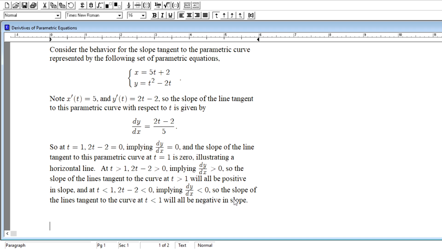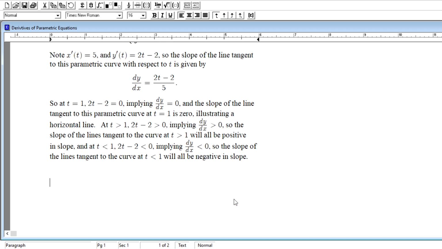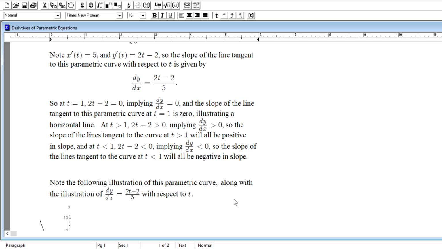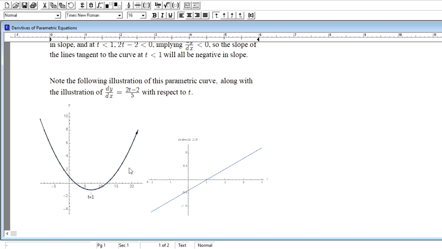And in fact, we can see that behavior if we were to look at the parametric curve, as well as the illustration of dy dx with respect to t. If we look at those two descriptions, here's our parametric curve in space. Here's the location on the curve where t equals 1. Down here is that location. And at that location, t equal to 1, we would see the slope of the line tangent to the curve would be